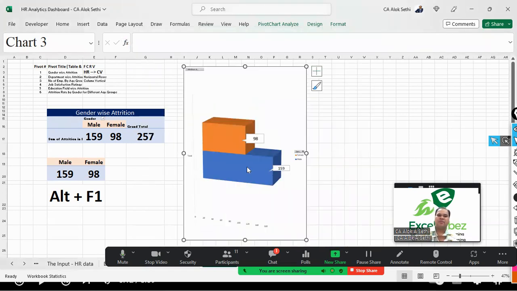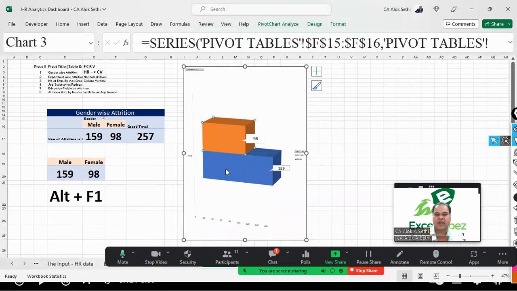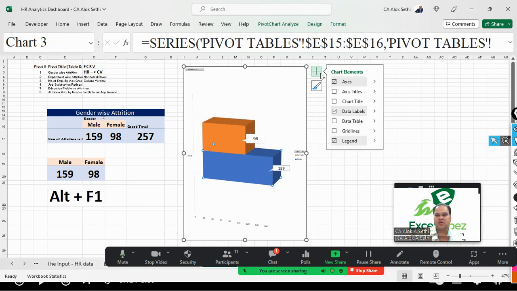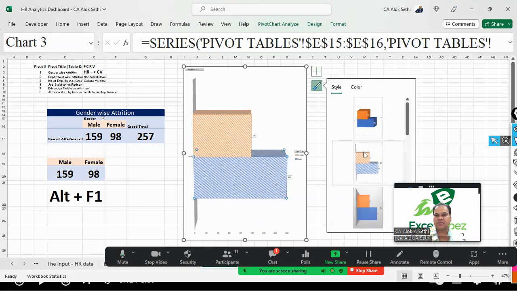ठीक है, तो आपको ये दिख रहा है मेल एंड फीमेल। अब इसको भी अगर रिवर्स करना है इनका पैटर्न, मतलब कि पहले मेल आए फिर फीमेल आए, यहाँ पे तो मेल और फीमेल ही थे लेकिन यहाँ पे फीमेल आ रही है फिर मेल आ रहा है, तो what you can do is you can just switch it, यहीं से आप चेंज कर सकते हैं। ठीक है, कैसे करेंगे, यहाँ पे जाएंगे, यहाँ पे अलग अलग स्टाइल्स आ रही हैं,